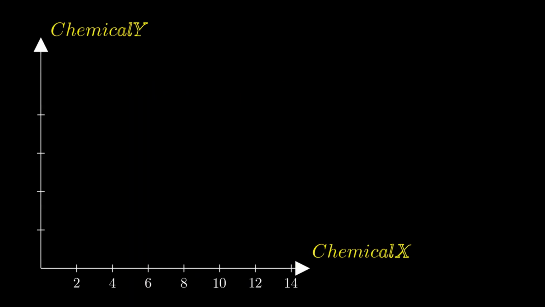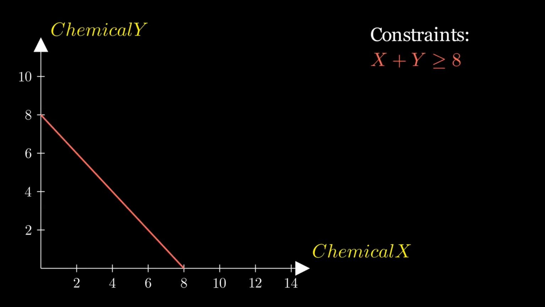Let's say we are mixing two chemicals, X and Y. We have to follow two strict rules or constraints. First, the total volume of X and Y must be at least 8 liters. Secondly, based on our chemical formula, 1 part of X plus 2 parts of Y must be at least 10 liters. Because both rules are greater than or equal to, our answer has to live somewhere in the space above